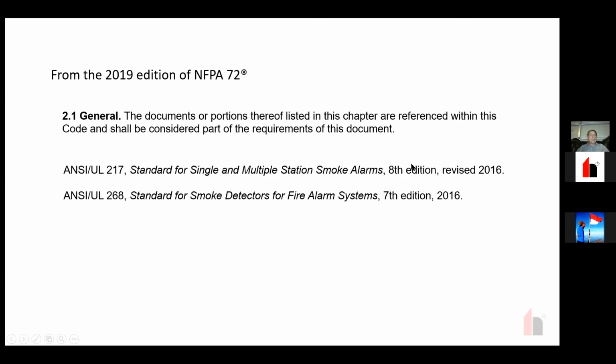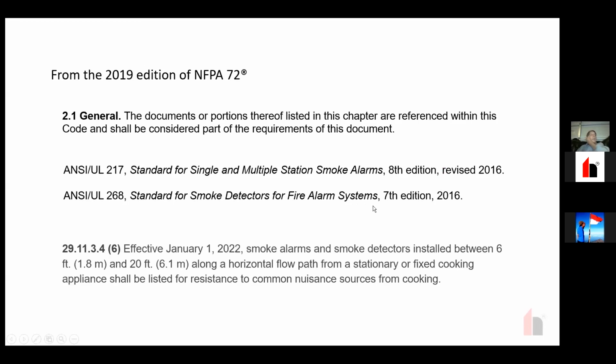And if you're installing systems to the 2019 edition of 72, then you would really be required to use detectors listed to those standards as well. In Chapter 29,